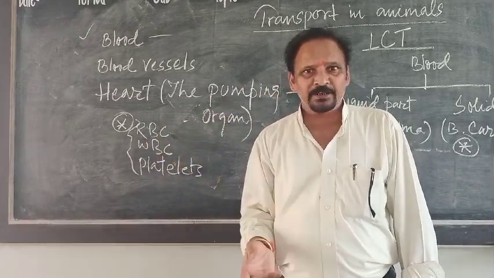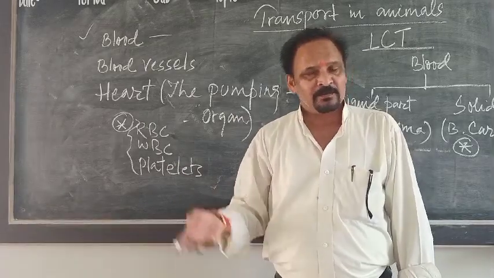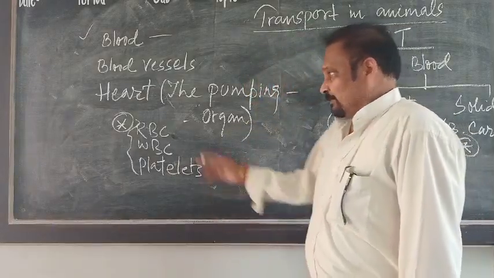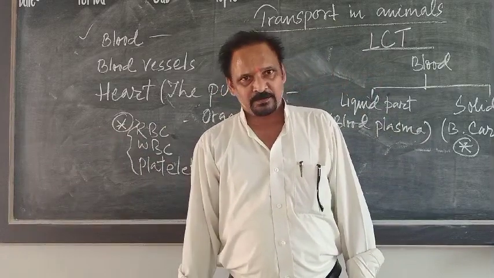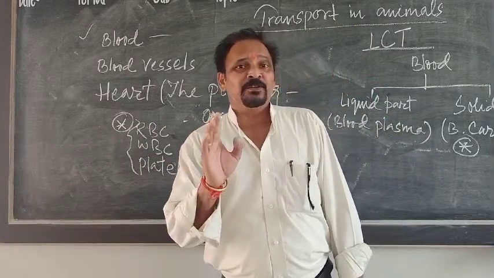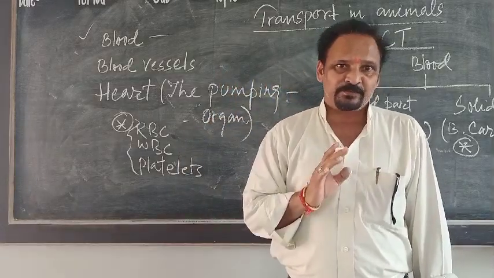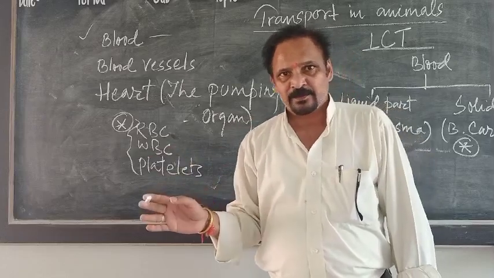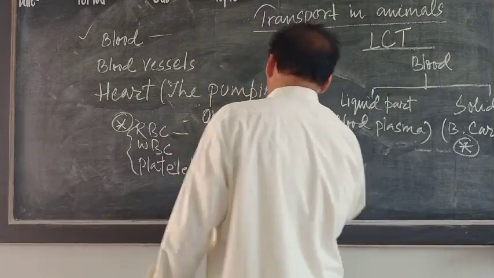We will not call it a cell, when it does not have cytoplasmic organelles, why should we call it a cell? It is known as red blood corpuscle. RBC is the one and only corpuscle in which nucleus is not present. Such a question is asked in exams: name any non-nucleated cell present in the human body. So that corpuscle is RBC. Clear? First let us know a little about RBC.